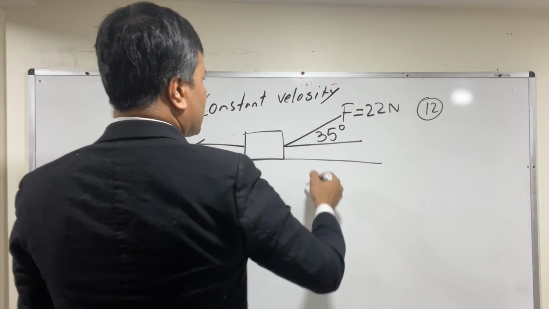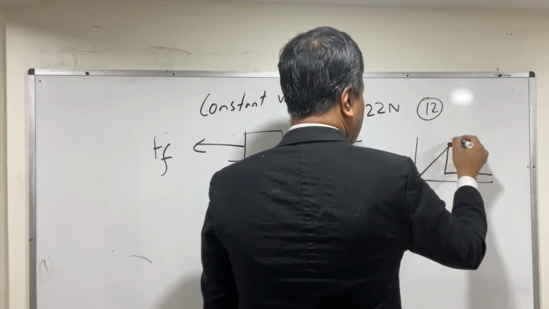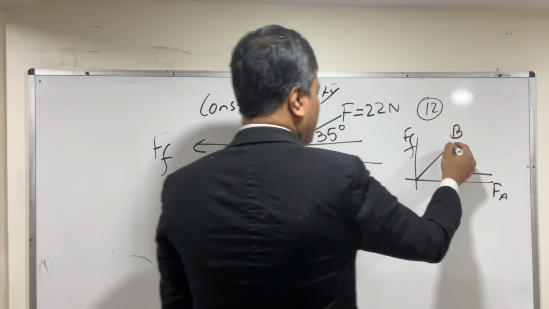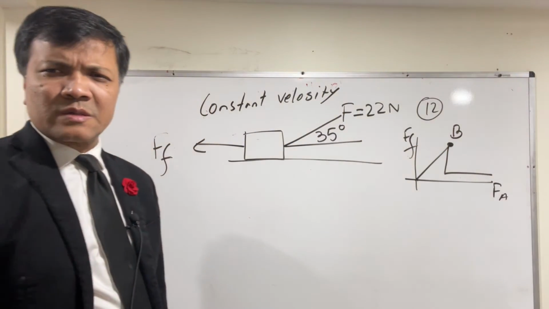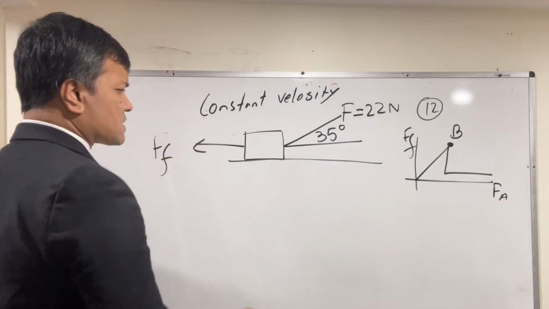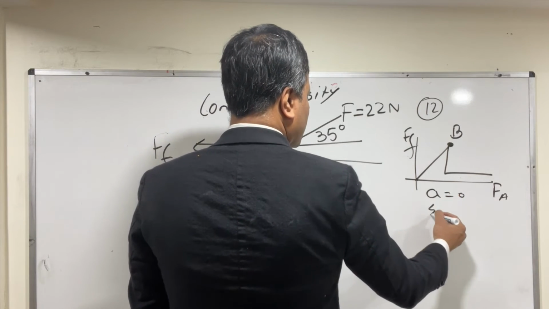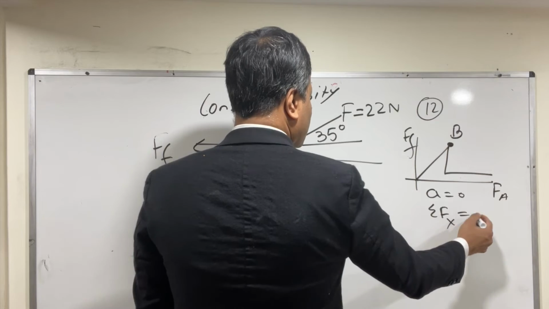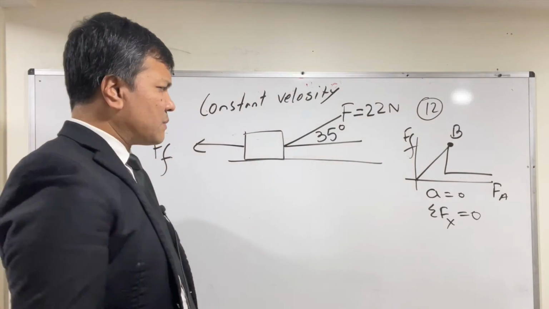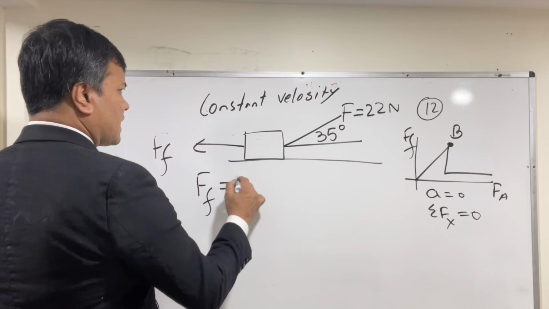What does that mean? That means in a friction graph, constant velocity, if this is Ff and this is Fa, right? What does that mean? It means constant velocity. The thing is moving without acceleration, so acceleration must be zero. So net force must be zero. Net force in the x direction must be zero. Of course, in the y direction, the box is not going into the air. Okay, so now we know that Ff is equal to